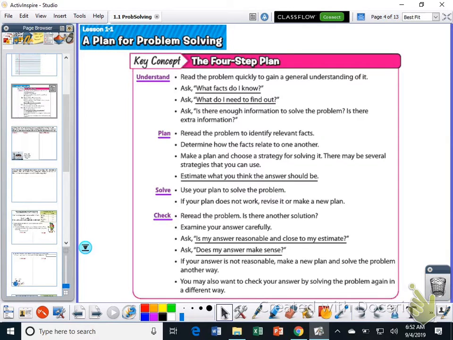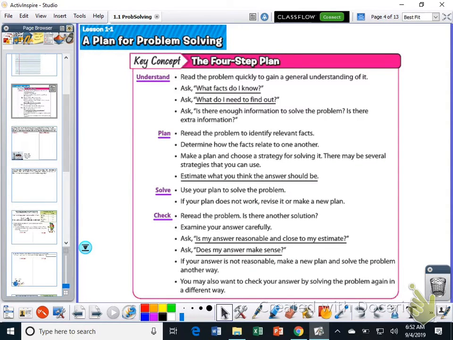Then planning, so how are you going to do it? Are you going to solve it by working backwards? Are you just going to make a picture? Like, come up with an idea of how you're going to solve it. Go ahead and actually solve the problem then using your plan, and then you check your work to see if it makes sense,